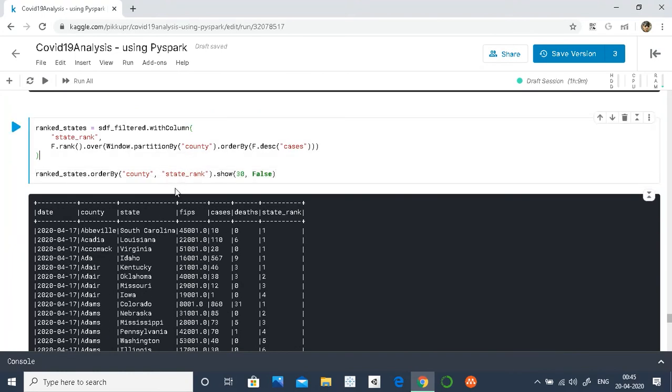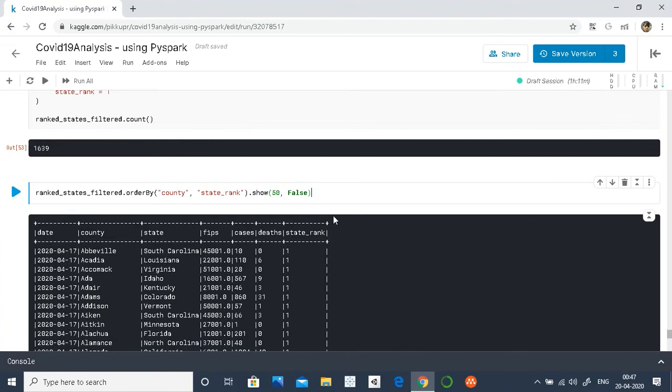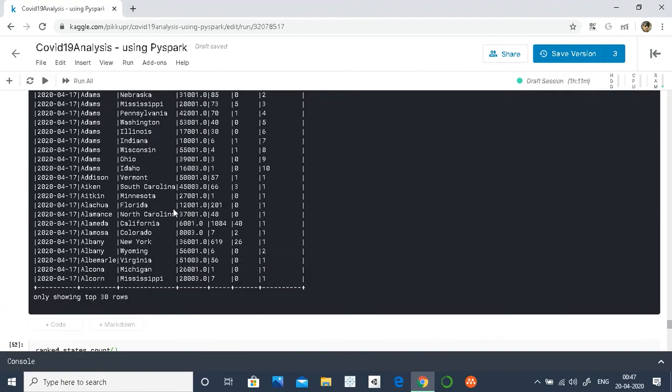And there is even more functionality in PySpark. We can take a sum over certain values. So let's now apply the sum function using partition by.